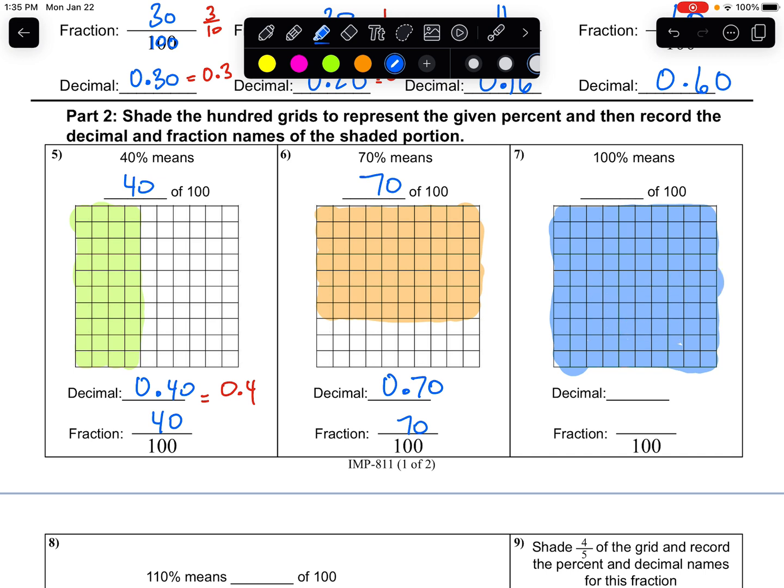Kind of bled outside the box, but that's okay. 100% means all of something. And that's why we're shading the whole thing, 100 out of 100. Let's do the fraction first. That's 100 out of 100. And the decimal,